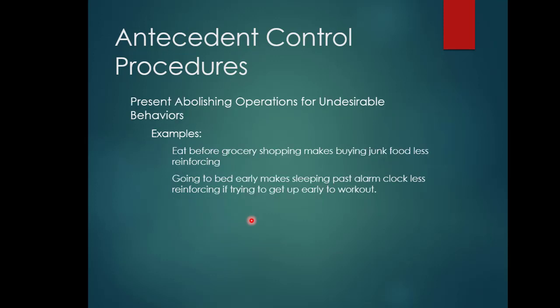On the flip side of that, remember I said it's like a balance. If you're making the reinforcer for the desirable behavior more reinforcing, you're going to try and make the reinforcer for the unwanted behavior less reinforcing, or present an abolishing operation, meaning you're trying to make the reinforcer for the problem behavior less powerful. So if we go back to shopping and buying junk food,